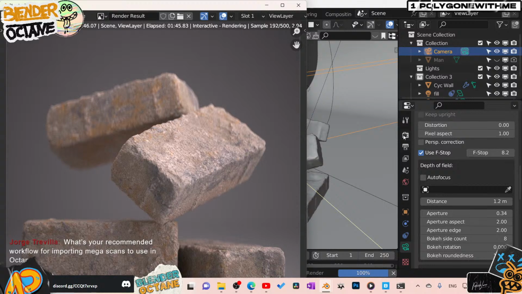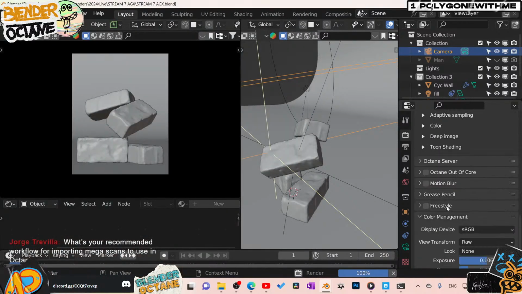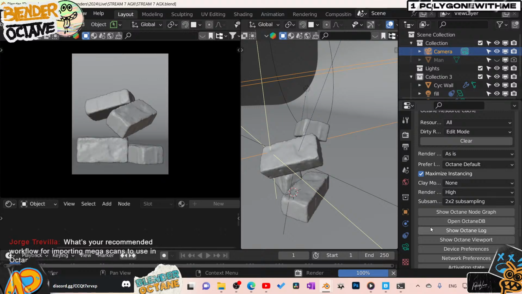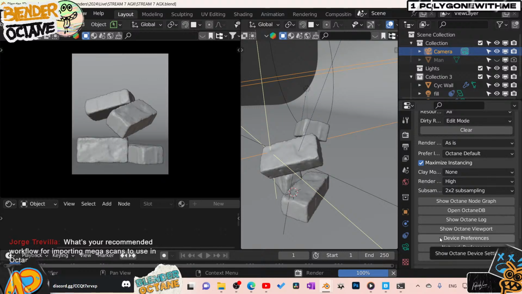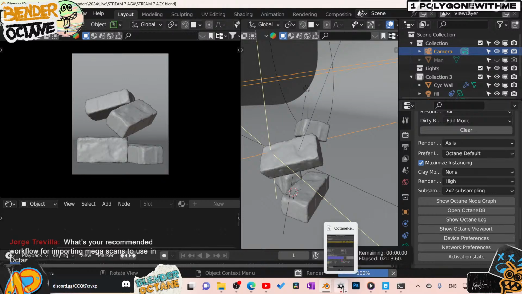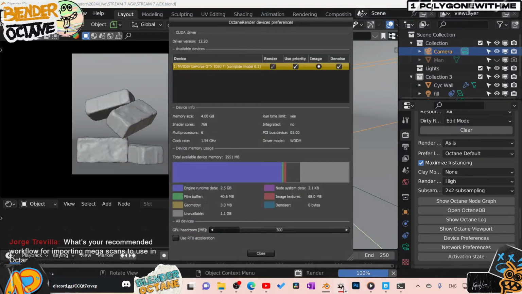The way you can check in Octane is to come down to Octane server, and then come down to, I think it was this one, device preferences. If you hit this, it looks like nothing happens, but it's actually going to pop up down here, and you'll see this little Octane logo. Click on that, and it will tell you right here. As a matter of fact, I don't even have 8 gigs, I have 4 gigs, sorry. But it'll tell you right here, I've got 4 gigs, and this blue is how much it uses already,